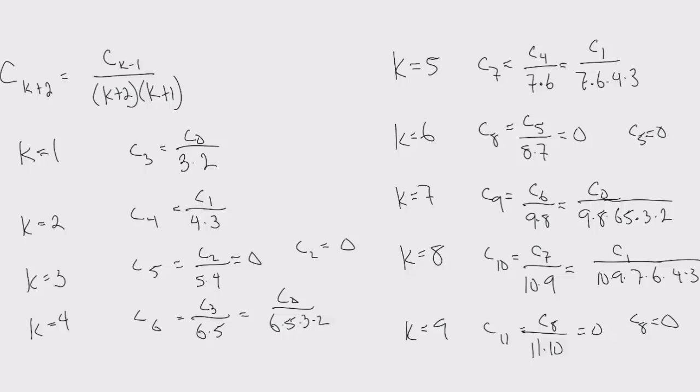Okay, so as promised, I want to do a quick time jump so you can see which terms there are. Of note, you can see that certain terms disappear on us. The second term, the fifth term, the eighth term, which also corresponds with the 11th term, all equal 0. So we've got certain things in the pattern that equal 0. And then, well, what can we do with this? Well,